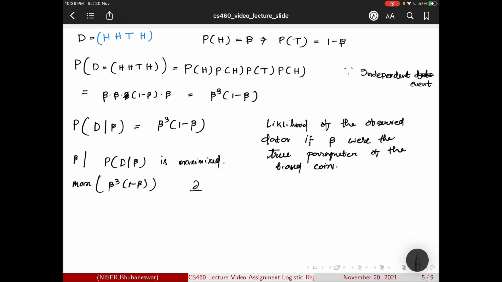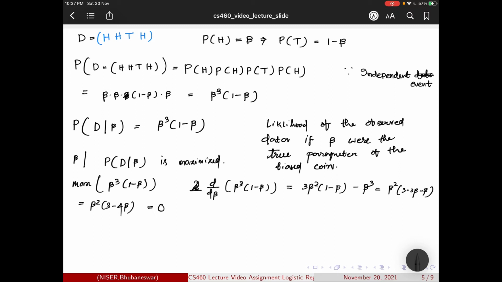So we calculate it, it is equal to this, and we set it to 0 to find the optimum value. So beta is equal to 3 by 4 or 0.75.